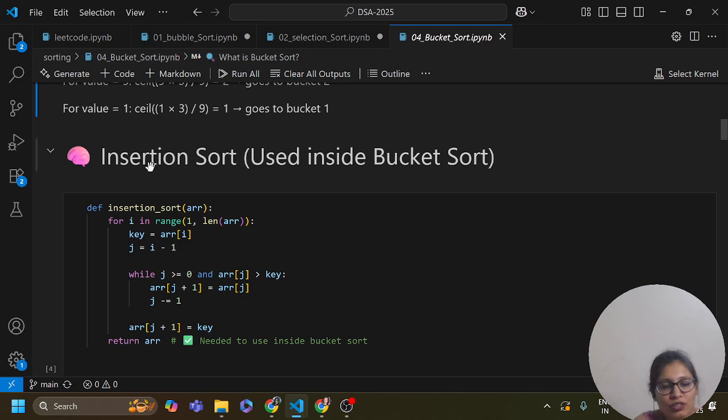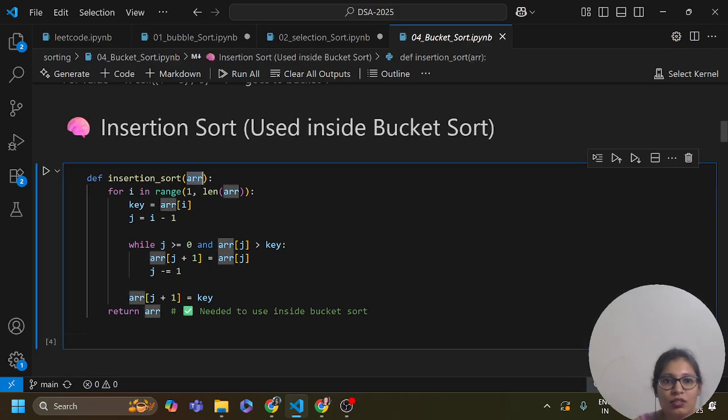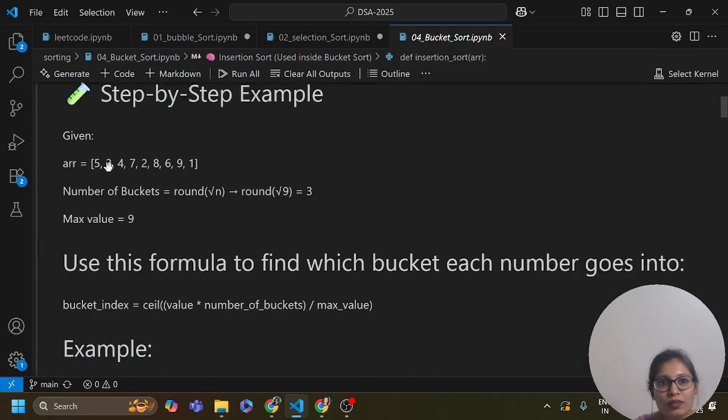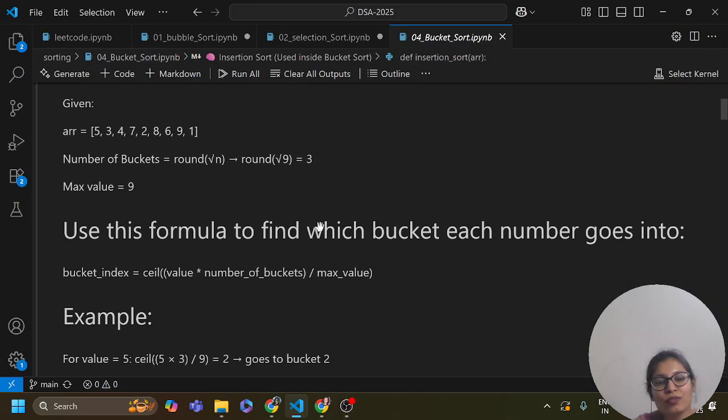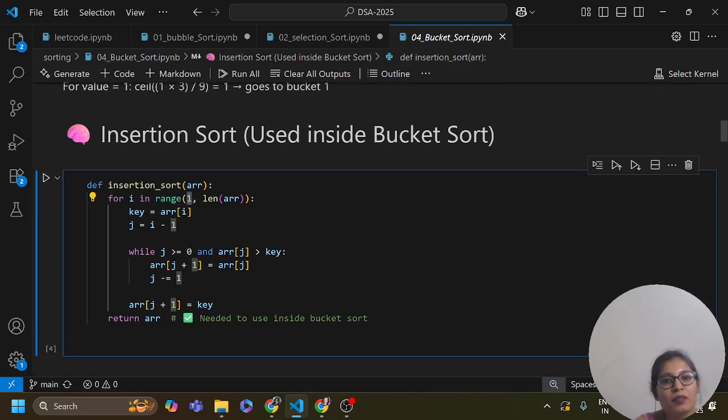We use insertion sort inside the bucket sort. Here you can see the insertion sort. This is the array: for i in the range of 1 to the length of array, key equals array of i. These are the keys, and j equals i minus 1.